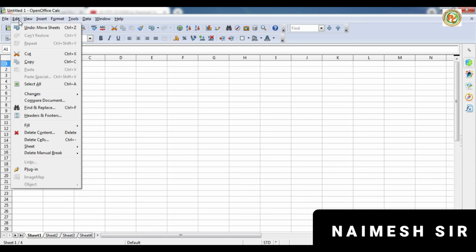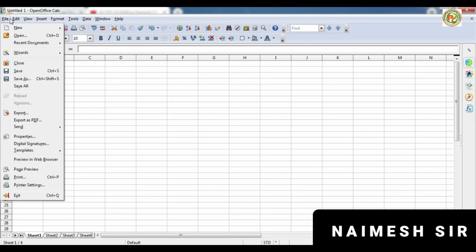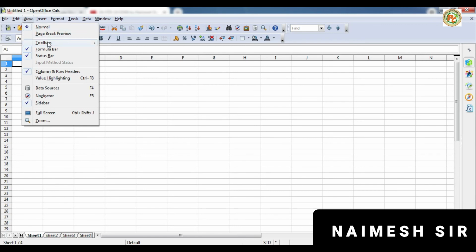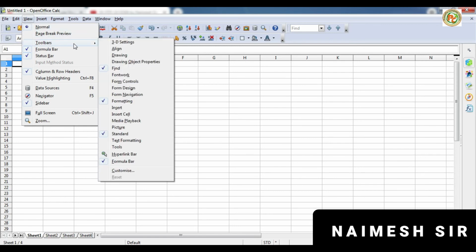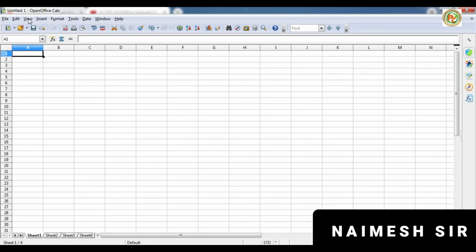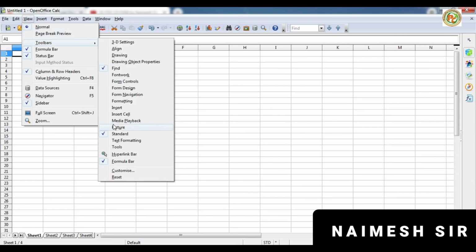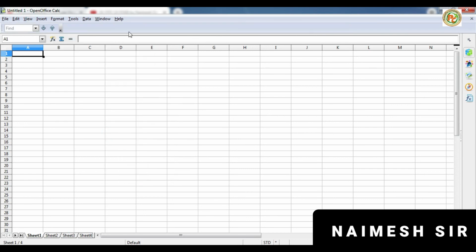If you want to do some editing like copy, paste, moving, replace, find, header, footer, okay, then these kinds of things will be available in the Edit menu. View means different kinds of toolbars. Right now we have different toolbars here. See, if you remove the formatting toolbar, it will disappear from here. Similarly, if you close the standard toolbar, it will disappear.